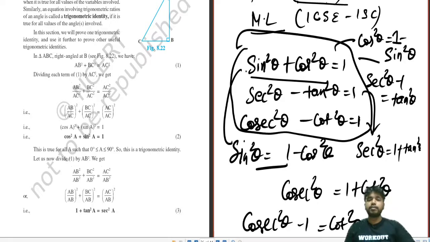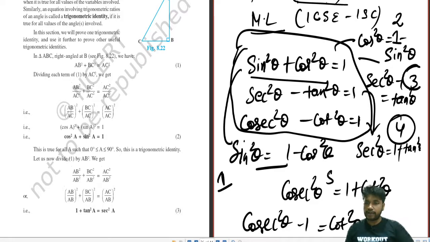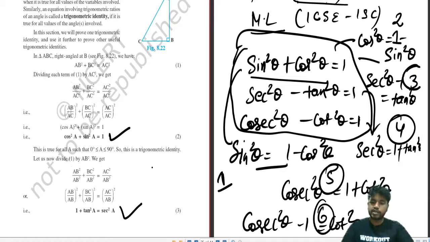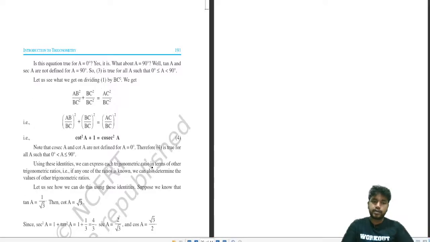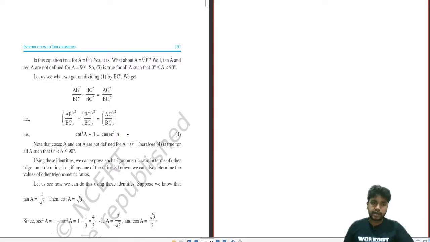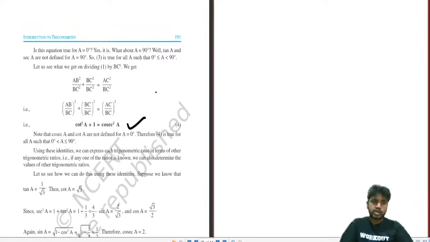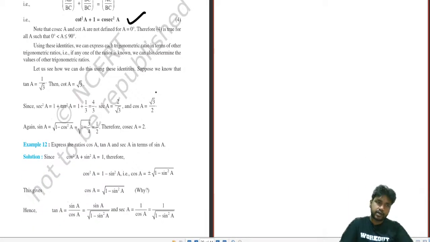So these three are the blue chips, and these six, 1, 2, 3, 4, I will circle it so you can see it clearly, 5, 6, these all six are derived from these three blue chips. So obviously these are also required. So see, over here first formula is here, second formula is here. Moving on to the next page. This is the third formula. Okay, so these all the formulas are required.